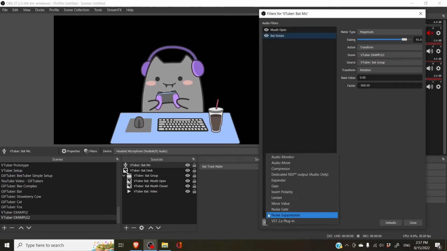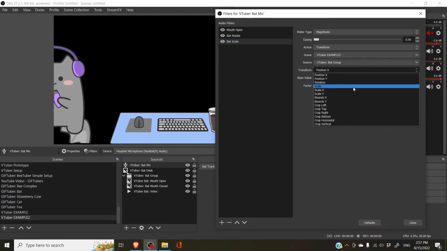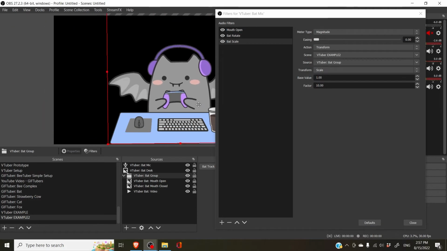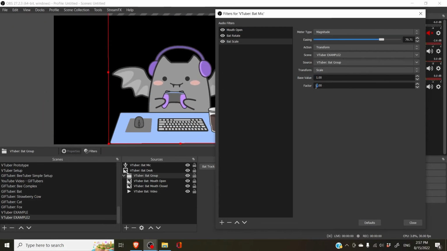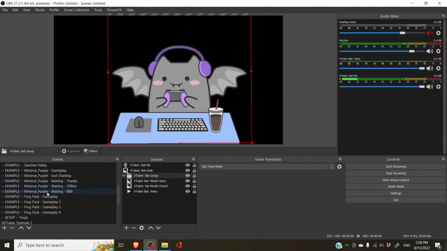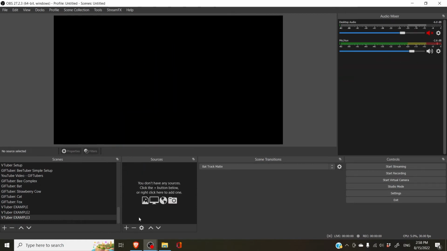And also we can add multiple of these filters on top of each other. So I can add another one to make the bat get bigger and scale up when I talk. For scale, change the base value to 1 and make the factor smaller and turn up the easing. Before I move on to the more complex characters, I want to show you why we made them in a